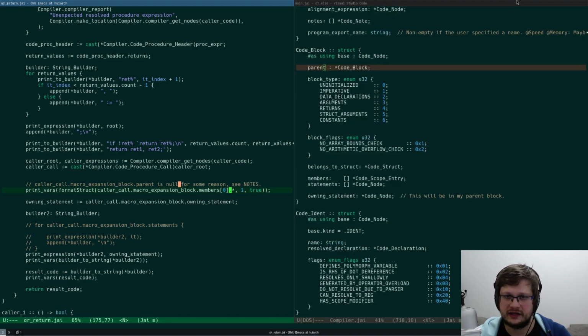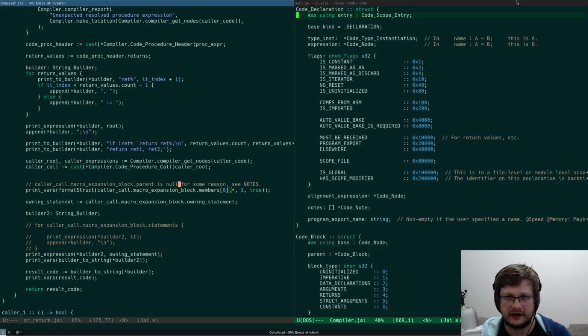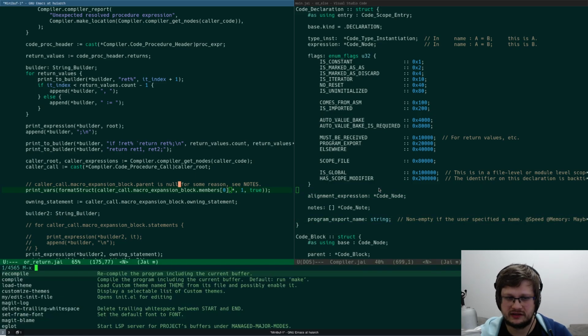What does code declaration have? Code declaration. Right. It has a type instantiation, it has alignment expression. What is an alignment expression?